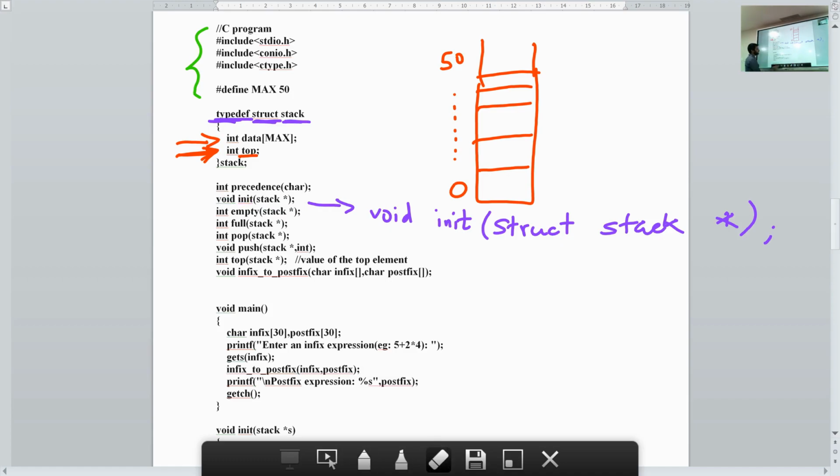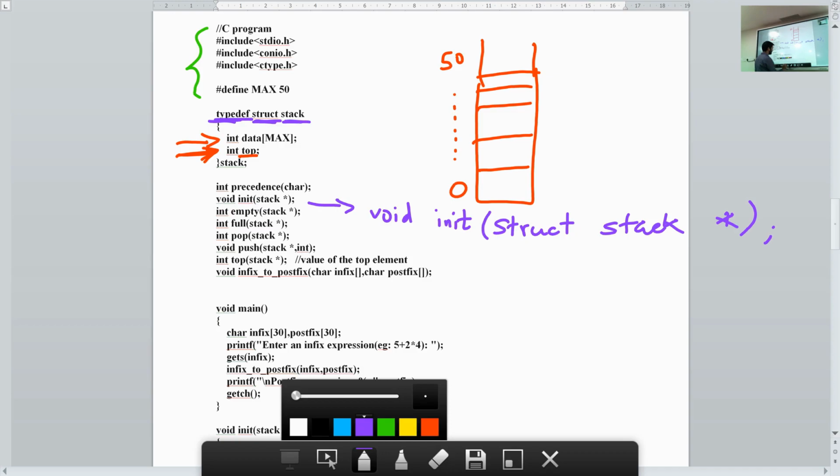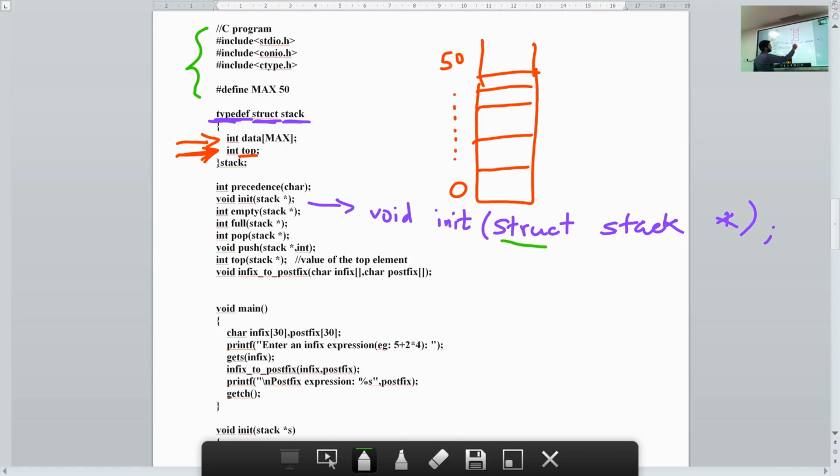You can see here what got eliminated. This keyword has got eliminated. Just because I put this typedef keyword, I did not use the struct keyword anymore. So in all these places here, it has helped me in not putting that keyword struct.